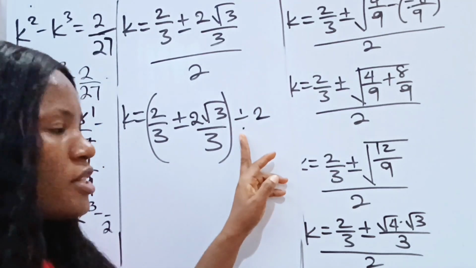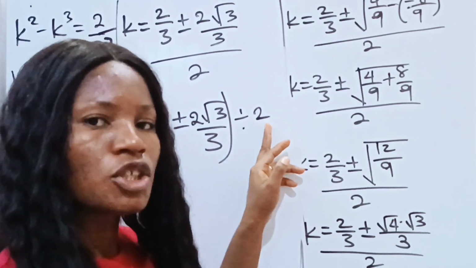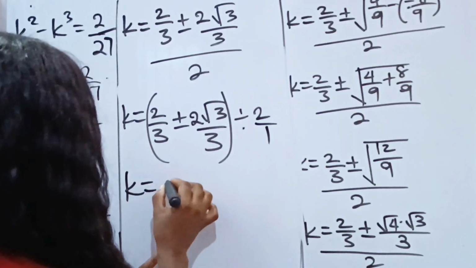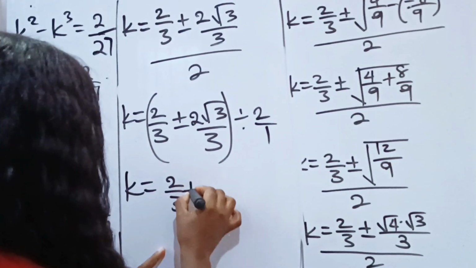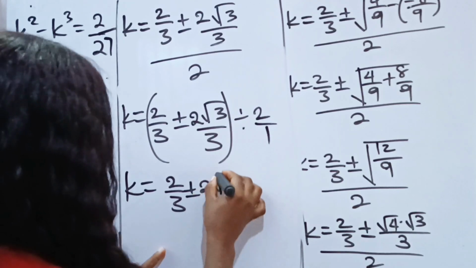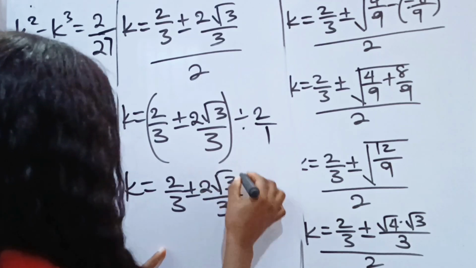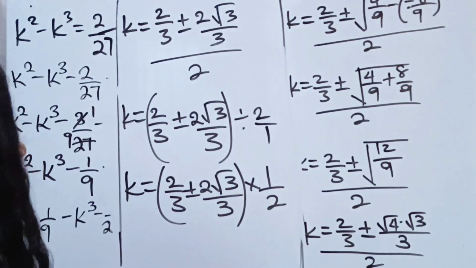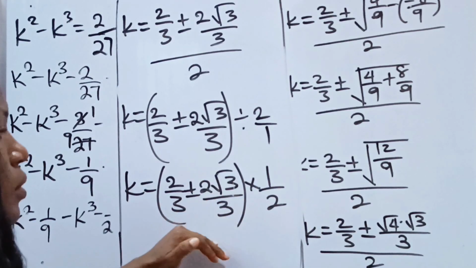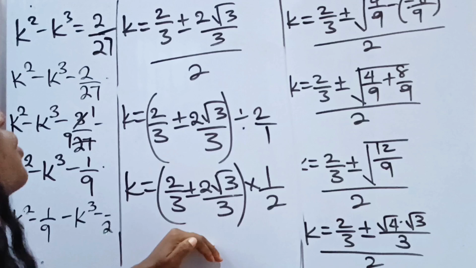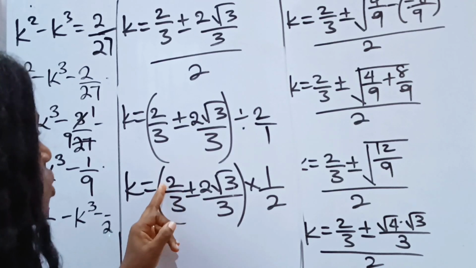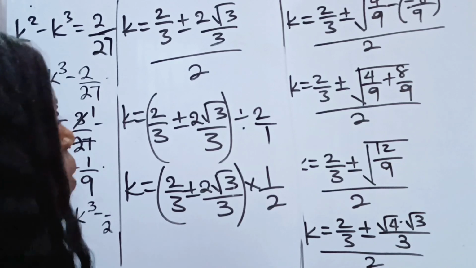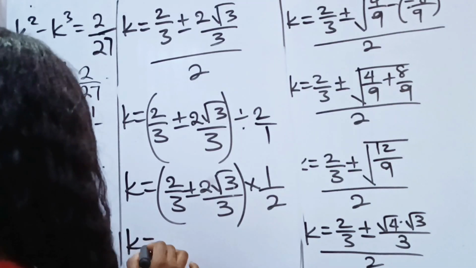Now I'm going to change this and then change this as well, because this is the same thing as 2 over 1. So our k is 2 over 3 plus or minus 2 root 3 over 3, times 1 over 2. Now when you look at this side of the board, you notice that we can actually factorize 2 out. Yes, we can factorize 2 out, and when we do that, we have that k is equal to,